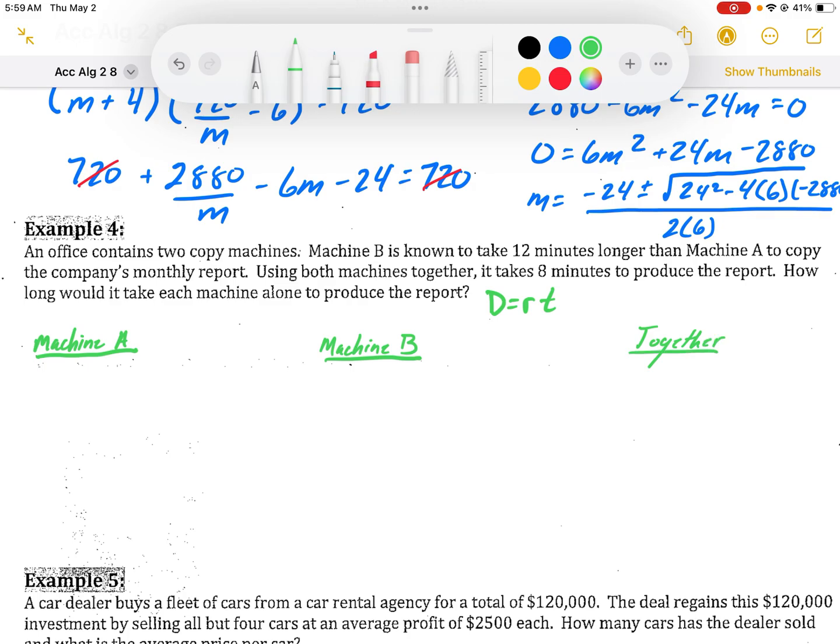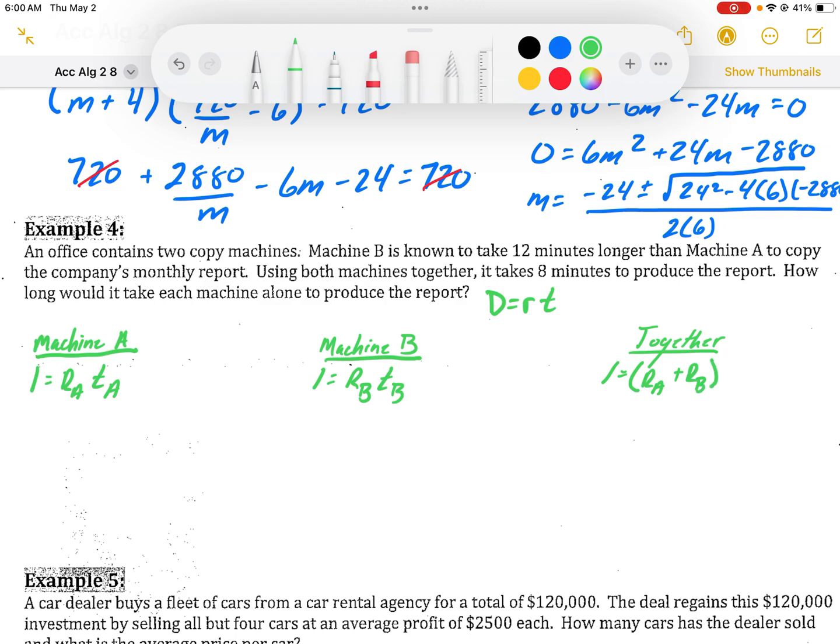So 1 monthly report will equal the rate of machine A times the time of machine A. For machine B, 1 report will take the rate of machine B times the time of machine B. And then together, 1 report will be the rate of machine A plus the rate of machine B